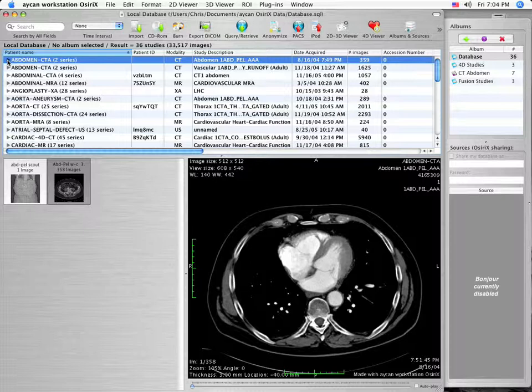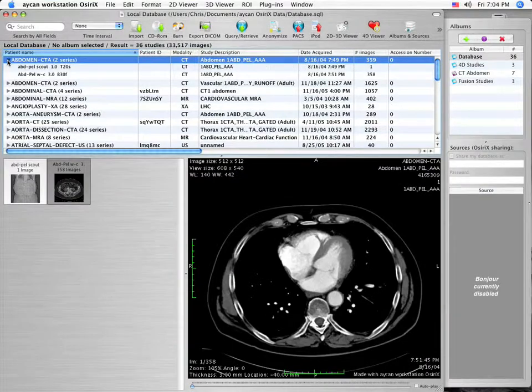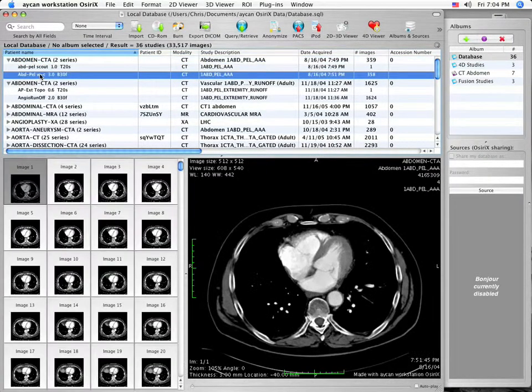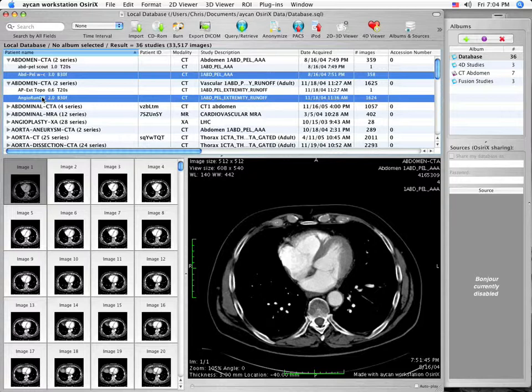Multiple series from two different studies acquired at different times can be loaded for simultaneous viewing from the database window by single left-clicking the arrow to the left of the patient names to open the series descriptions. Single left-clicking on the first series to be loaded, depressing the Apple key while single left-clicking on the description of the second series to be loaded, and single left-clicking on the 2D, 3D viewer or 4D viewer icon, depending upon